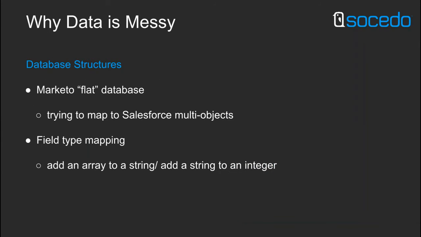Then there's also the problem of our multiple databases. In marketing, like I mentioned before, we have to connect a lot of different areas together in order to make our data work. And a lot of systems don't necessarily play nicely together. So for marketing ops people, especially if you're using Marketo, this one probably has caused you a headache at some point in your career: trying to integrate Marketo with Salesforce.